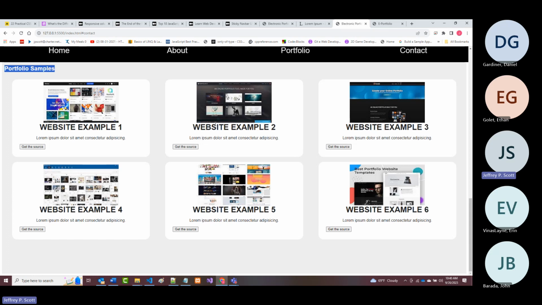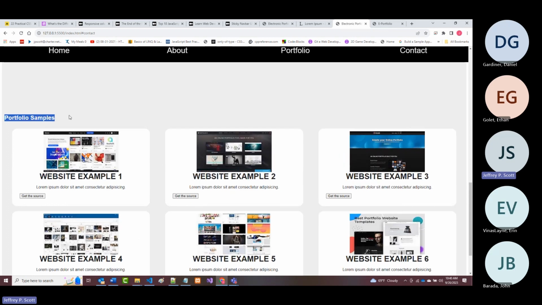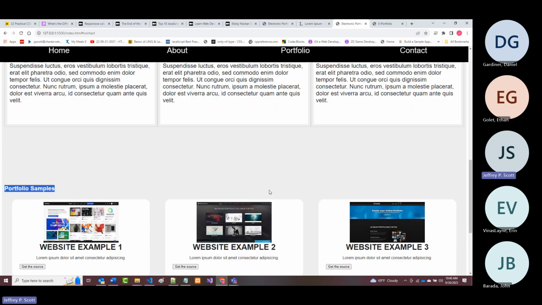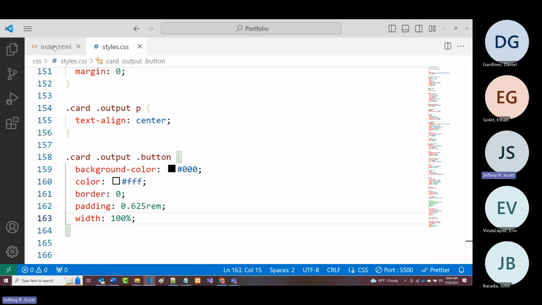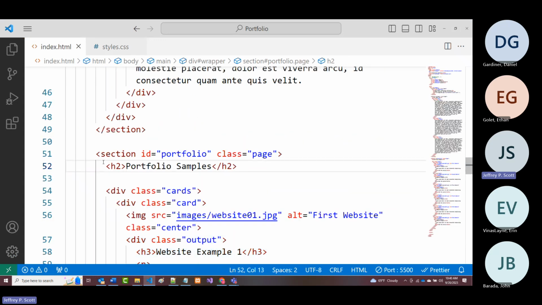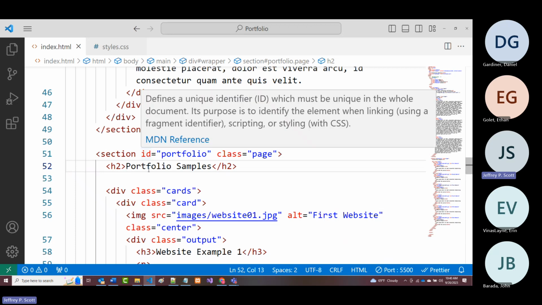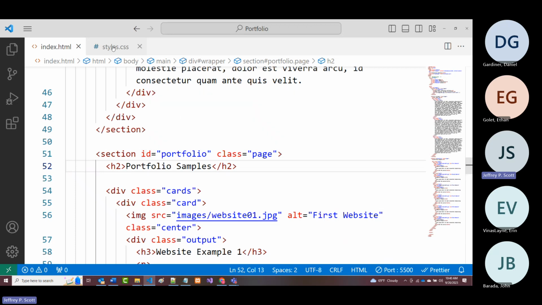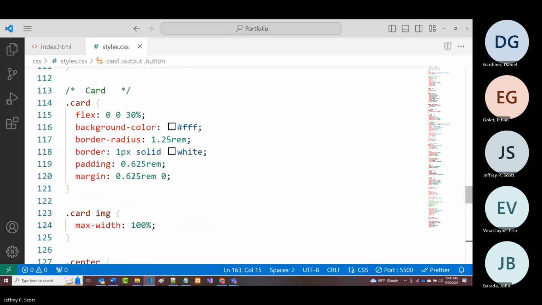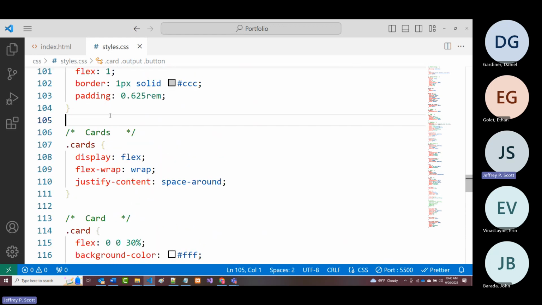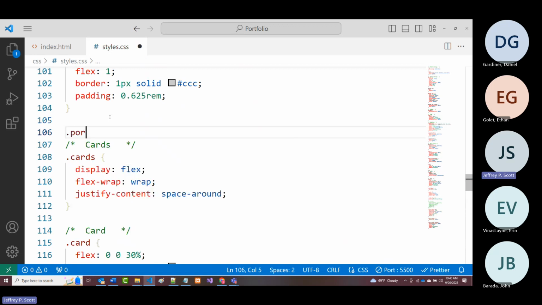And it looks like these pictures are almost right up against this H3 here. So let's quickly change those. And where we've got portfolio samples, let's change that as well. All right, so coming back into here where it says portfolio samples, that was the H2. The ID was portfolio and it's an H2. So let's go back up, way up here, before my cards, right here. All right, so dot portfolio,